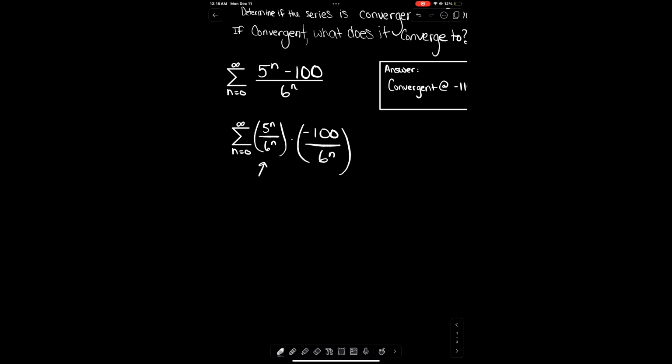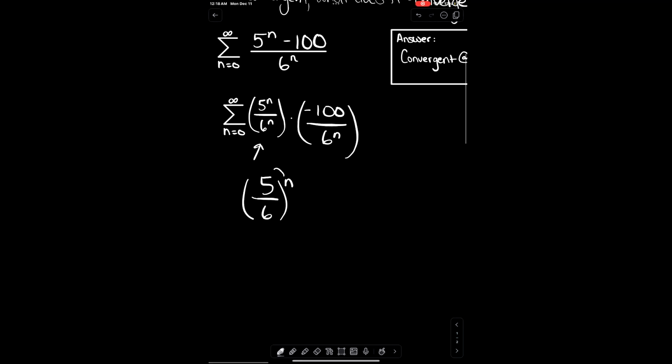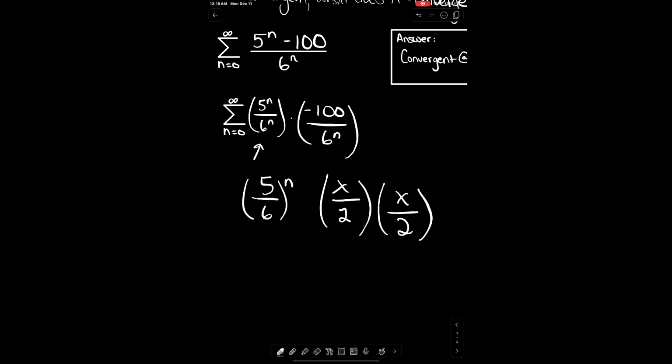5 over 6n, 5n over 6n can also be written as 5 over 6 to the n. And that's just because when you have an exponent, you can say if you have, I don't know, x over 2 squared, it would be x over 2 times x over 2. So x times x would be x squared over 2 times 2, which is 4. So that's why you can just bring up the exponent when you have the exponent the same in the numerator and the denominator. Alrighty, so now that we know that we can bring this n up for both of these,